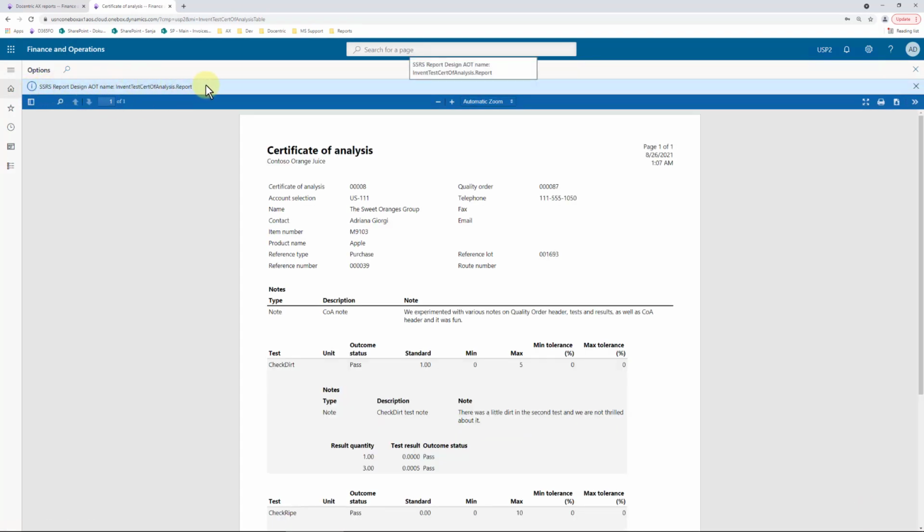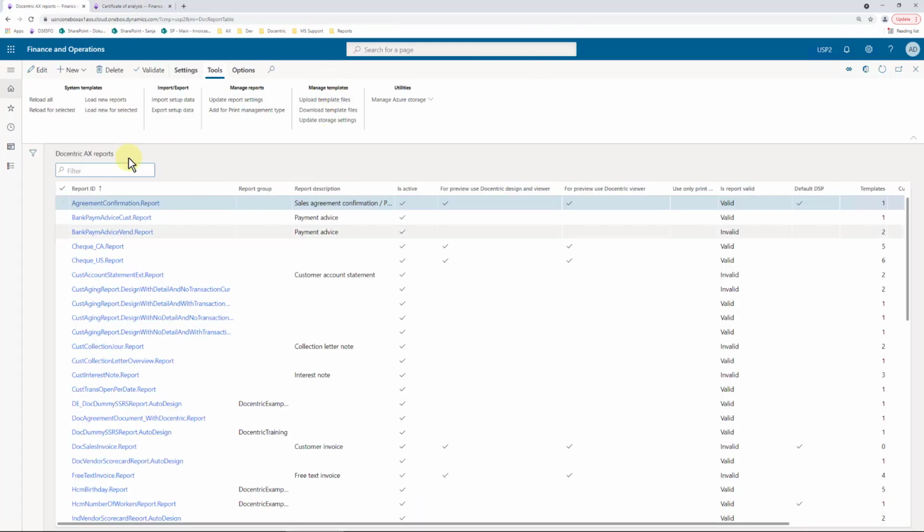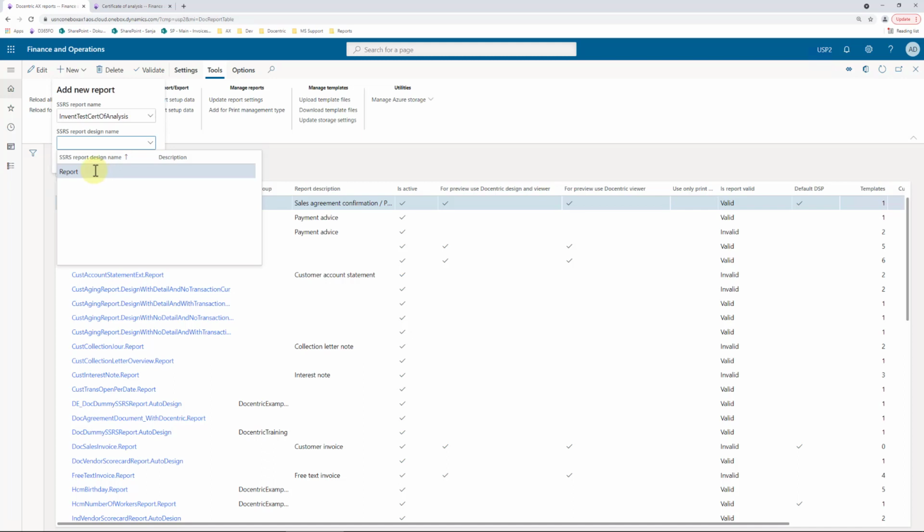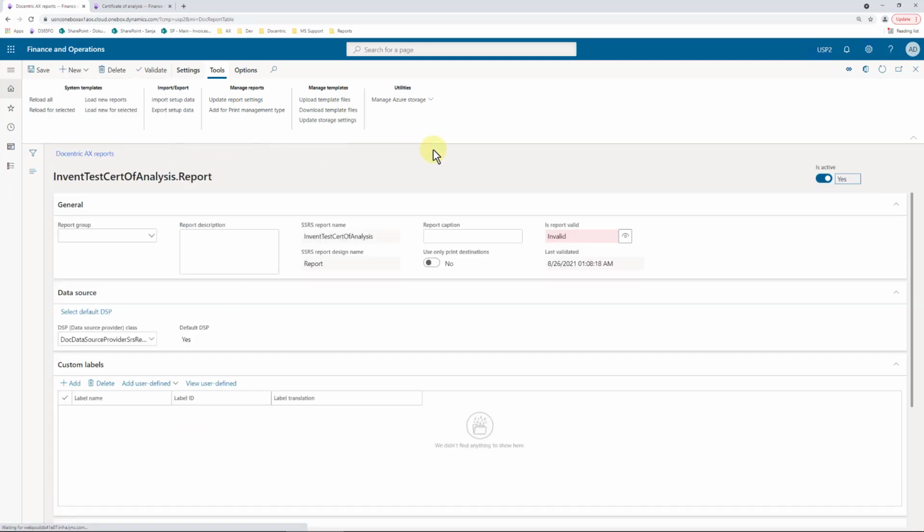You see here that the name of the report has been printed out. Well, this is the report that we need to register with Docentric, or precisely said, this is the report and this is the format. So I can copy this, go here and add that report to the setup by saying New and pasting this